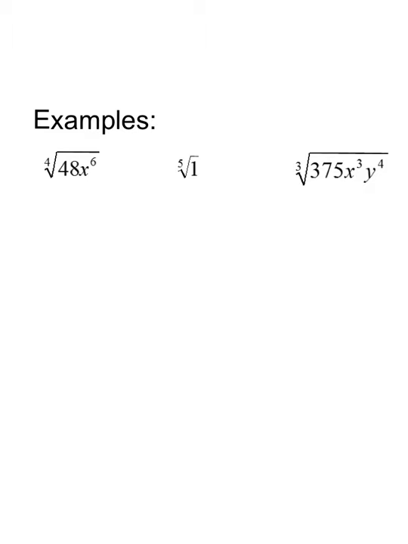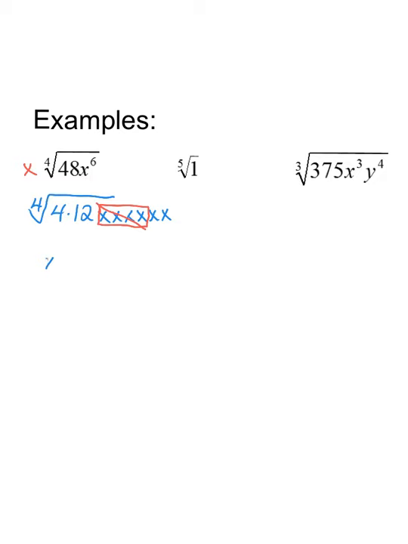Again, I have another fourth root example to show you just so that you understand the concept. So the first thing that we're going to do is we're going to write 4 and then a symbol. If I look at the number 48, I am thinking 4 times 12. My x to the 6th, I'm going to rewrite as 1, 2, 3, 4, 5, 6 of them. If I look at what I have here, I do have 4 x's, so I can cross them out and bring 1 out front. If I look at my numbers, however, I do not have any 4 numbers that are